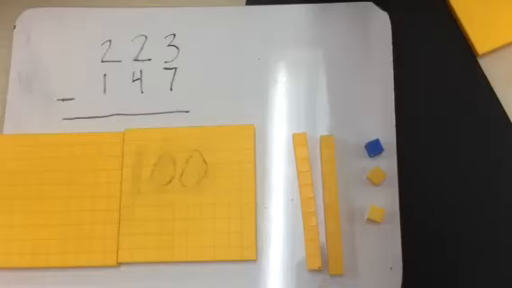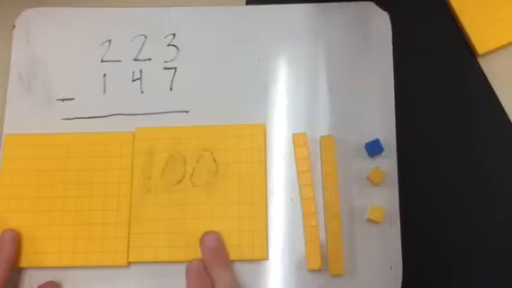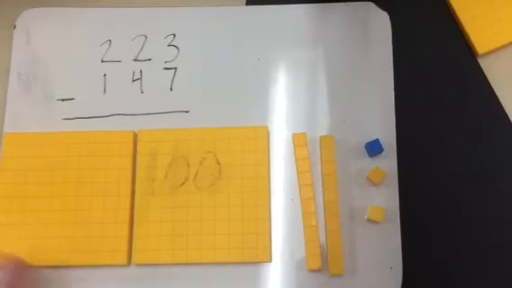All right, everybody, so here's what we wanted to do today. We're going to take 223 and subtract 147 from 223. So we've got 223 minus 147. Okay, and what I've done here is we're going to use base 10 blocks to demonstrate how